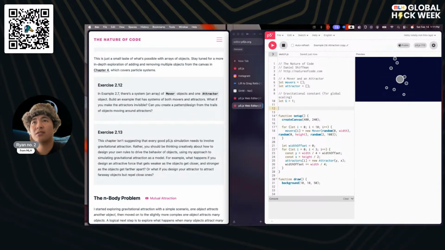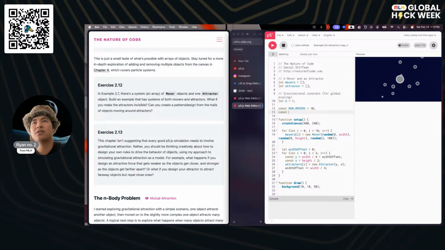Let's do const num movers is equal to 10, const num attractors is equal to 3.